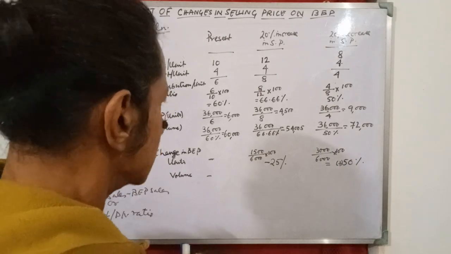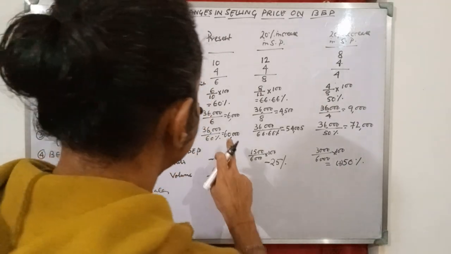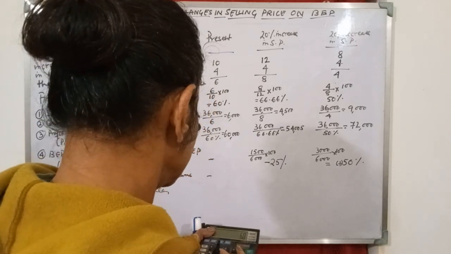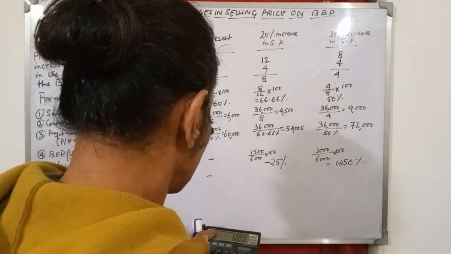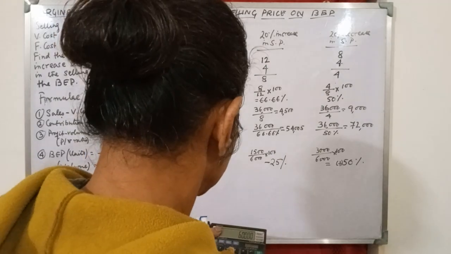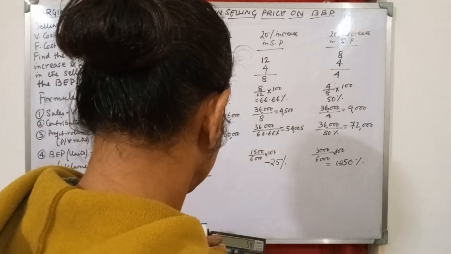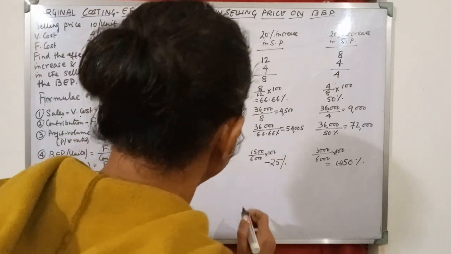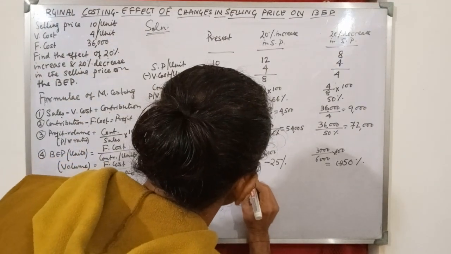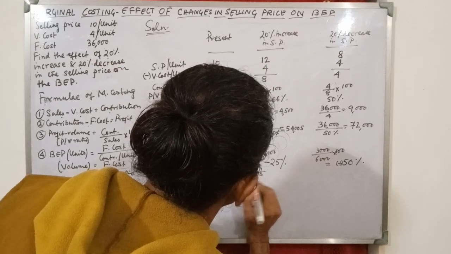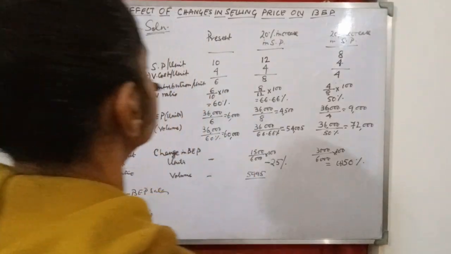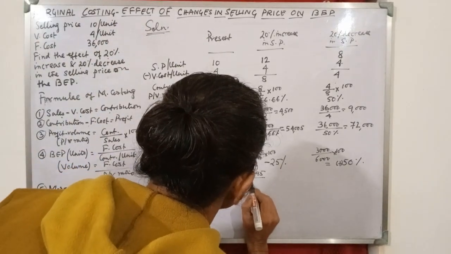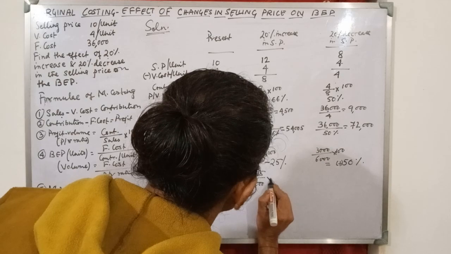So the change is 60,000 minus 54,005, which is equal to 5,995. That is 5,995 divided by 60,000 into 100,